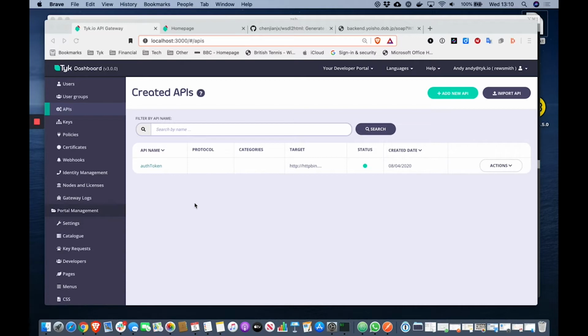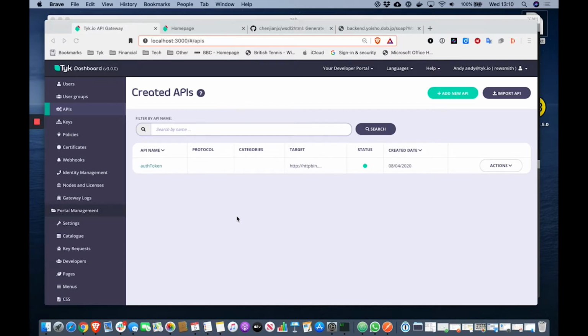The API that we publish into the portal catalog is more akin to an API product, so it could in fact be a whole collection of APIs that are represented inside a Tyk security policy, but we'll